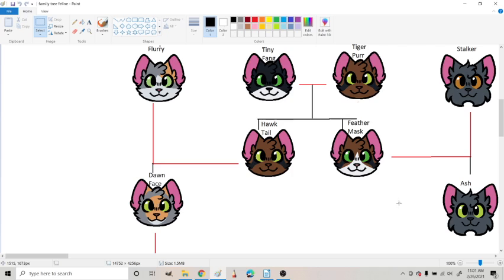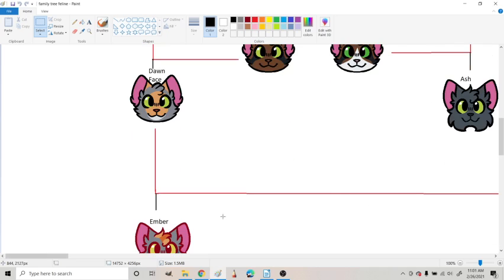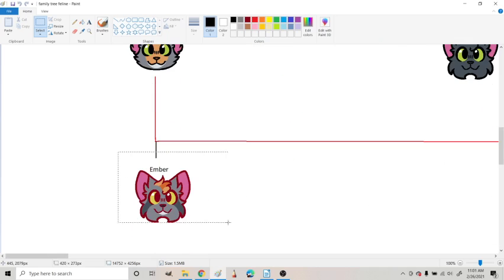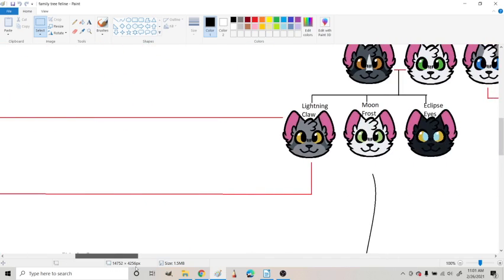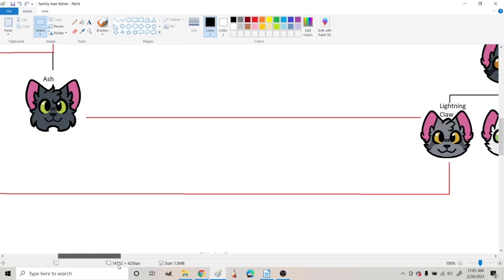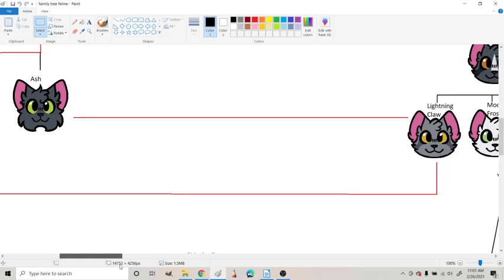So Dawnface, Ash. Now, who is this? Look, it's Ember. Her name is Ember, and I love her design. How do I explain this? There will be a little book, or not book, it'll just be a little story, like Tiny Fang is having about her past. Ember will be born to Dawnface and Lightning Claw. And there's a line between Ash and Lightning Claw because, let's be real, they would have been mates if they